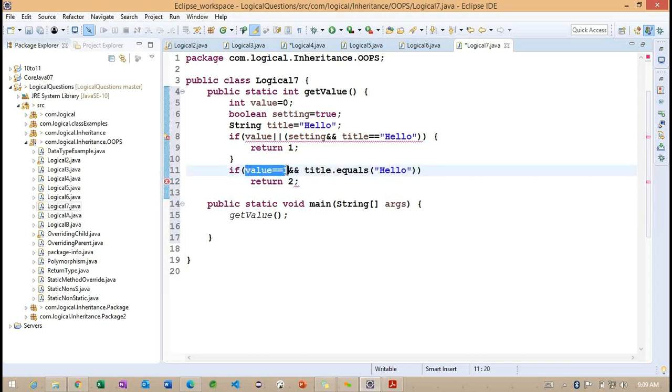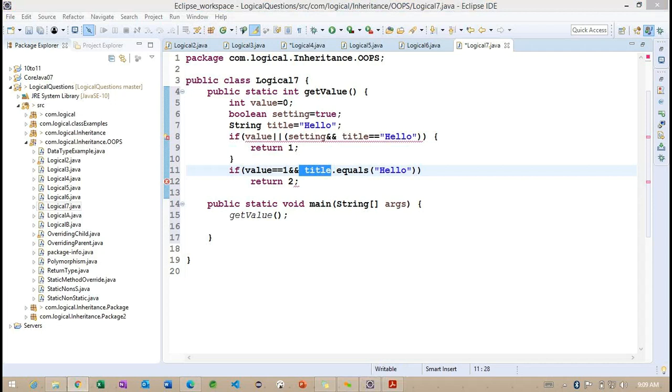But here this expression is going to return false, so the entire expression is going to return false, because we are in the AND condition, right? So you need to understand, whenever we write any value, whether all the values satisfy the expression or not. This we need to think about.